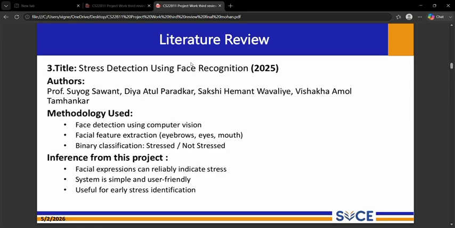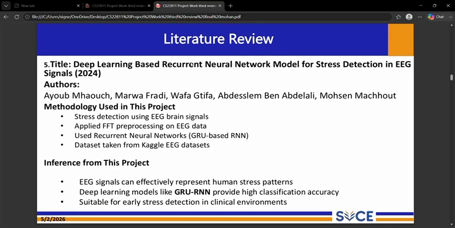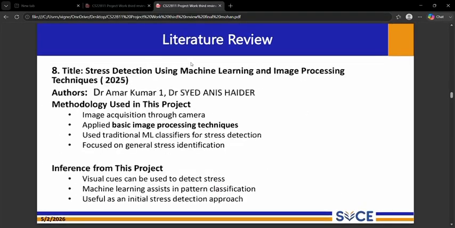Facial features such as eyebrows, eyes, and mouth movements can be effective indicators of stress levels. In paper 4, the common thing is that we use facial recognition and machine learning techniques to find out stress.